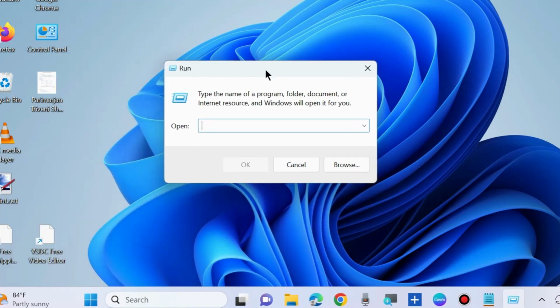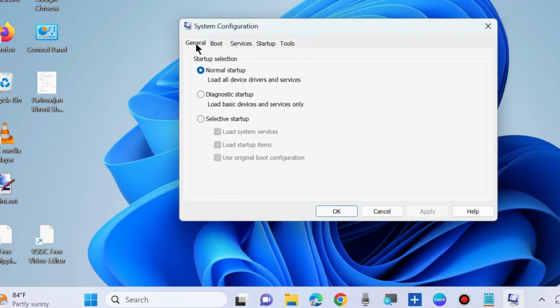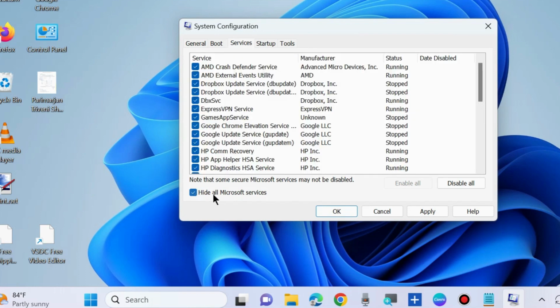Again launch the run command box and type msconfig to open the system configuration window. Here choose selective startup first under the general tab and disable load startup items. Thereafter go to the services tab. Here make the check against the option hide all Microsoft services and choose disable all. Thereafter go to the startup tab,